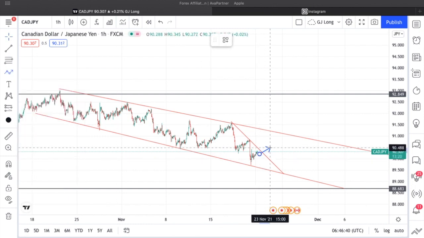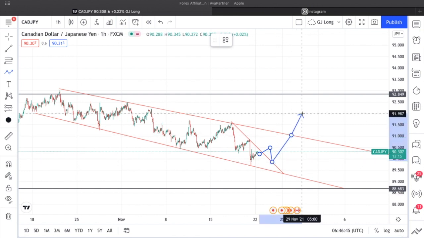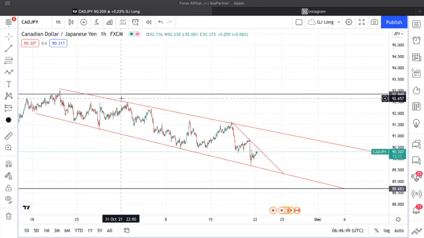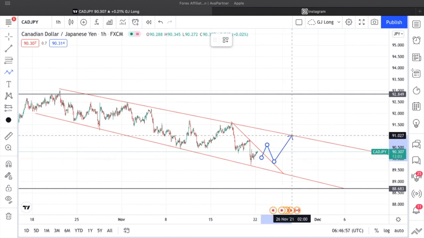And you know the stages of a breakout: it's breakout, pullback, and a continuation. So the path that I'm anticipating will be a breakout, a pullback, then a continuation to the falling resistant level,